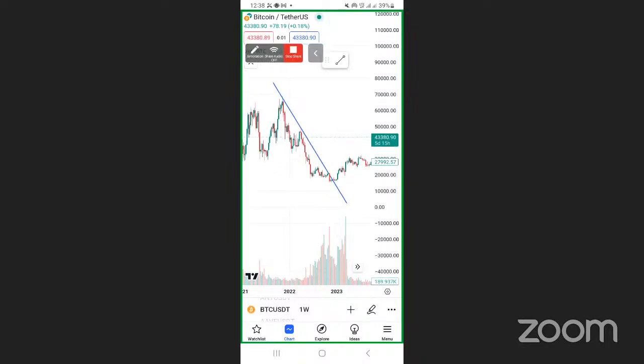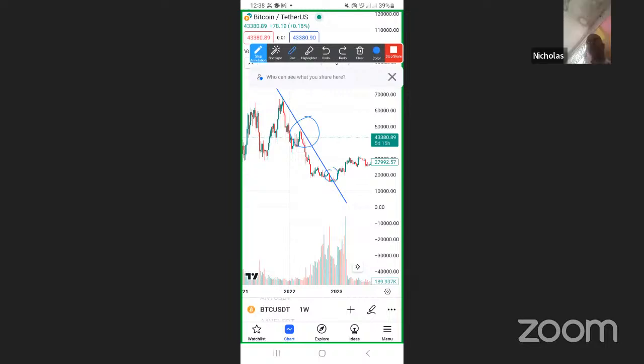Every time we try to come back, like this, okay? This time we try to come back like this. We try to come back and meet the trend line. We are pushed down. Even here, when we try to come back, let me just do it again, just one step. At this point, when we try to come back, we're pushed down. But later, when we closed this candle, a week beyond that trend line, the market started going up, as in the trend changed.